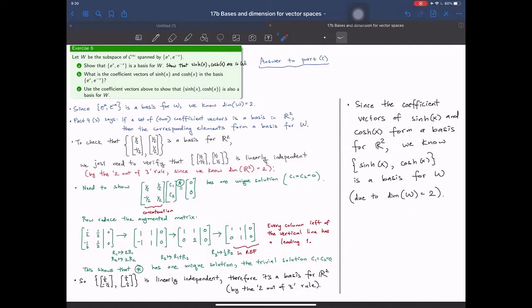So what we have done here is without even working with C infinity, we were able to conclude something about a subspace of C infinity by using the power of coefficient vectors. One of the reasons why we work with vectors in linear algebra is because we're able to apply tools of vectors to other situations that don't look at all like vectors,